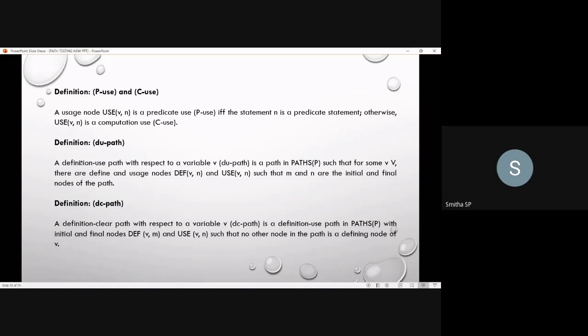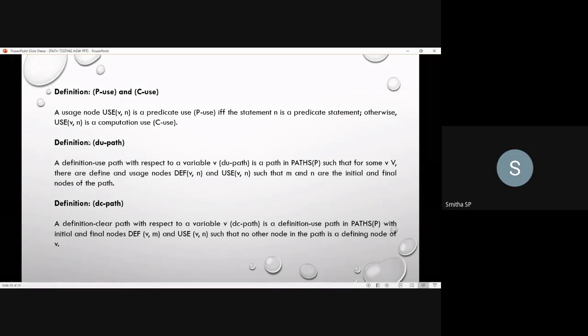A definition use path with respect to a variable v is a du path. It is a path in the program graph, such that for some variable v there are defining and usage nodes.